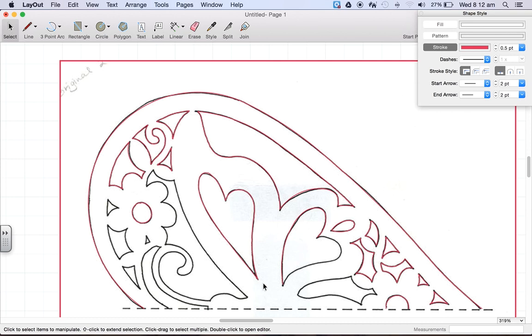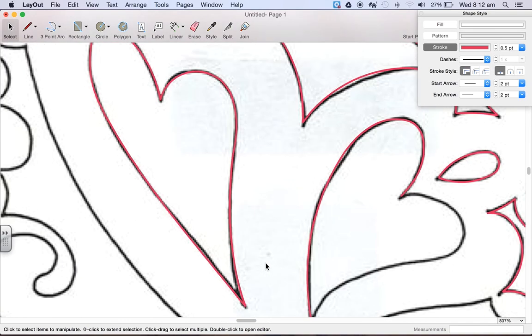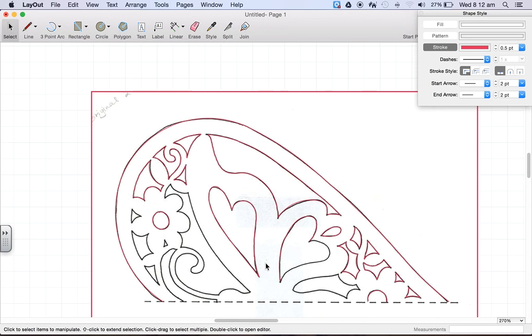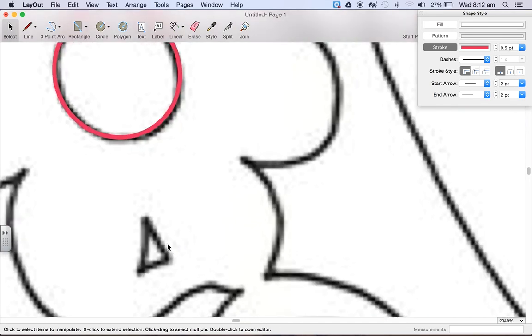Okay, so that's using just curves. You can also use curves and straight lines. So although this doesn't have any straight lines on it, just imagine there were some straight lines on it. Like that one there, that's pretty close. That could be a straight line. It's a simple matter of choosing the line tool and going